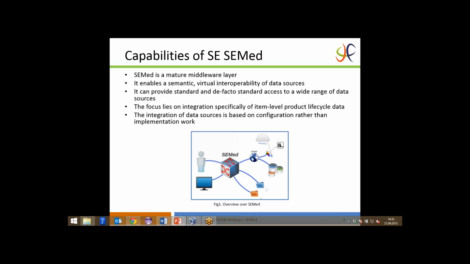SEMed, as I mentioned before, is a major middleware layer. It's a mediator. It provides you a standard and de facto standard access to a wide range of data sources, your own data sources. For that, it enables semantic visualizability of your data sources. The focus of this specific enabler lies on the item level of product lifecycle data. That means you can request information for a product, for a specific version of data with a history,